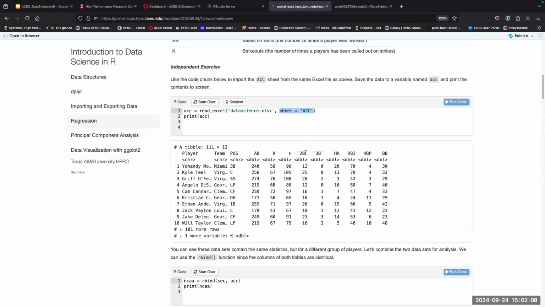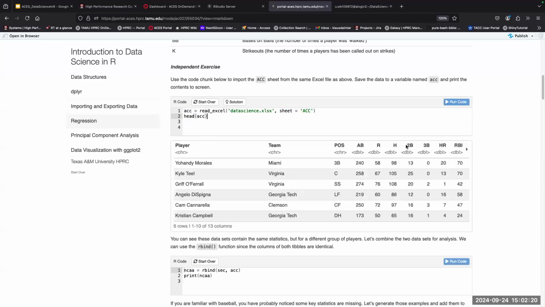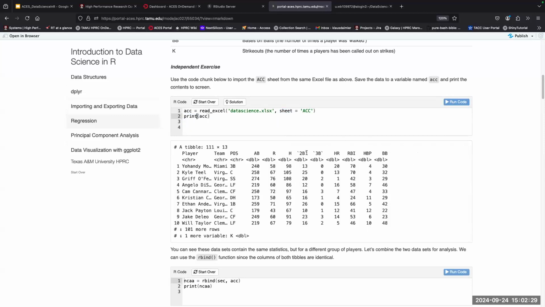So this is before the R bind. It didn't change the name, but these quotes aren't showing up if you do head ACC. It's not showing up as part of the name. Whereas if you do print ACC, it's showing up with these quotes around it. And so they're kind of hidden, which can cause issues if you're not aware that they're there further down the